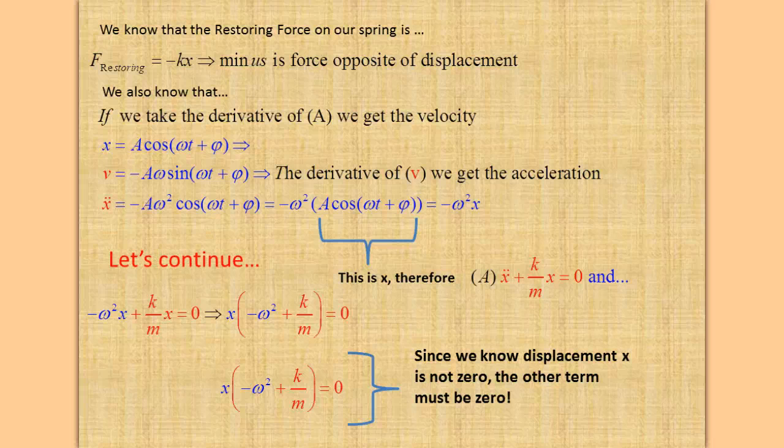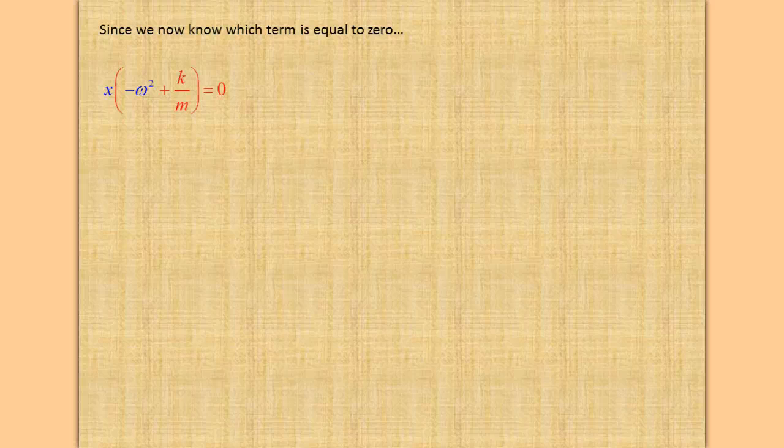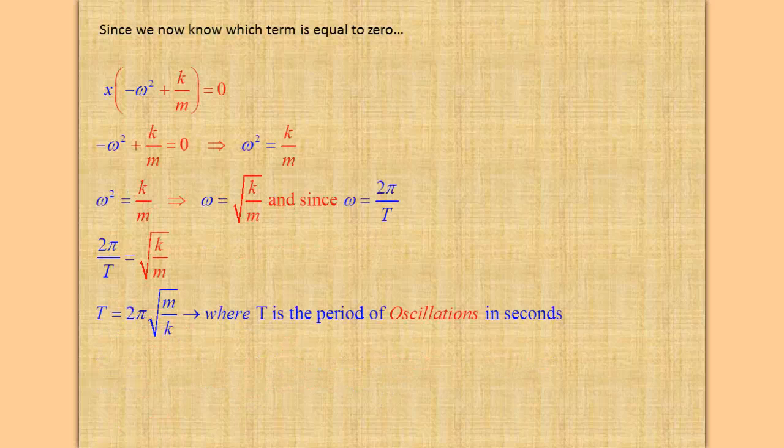Let's continue. Since we now know which term is equal to 0, we can solve for omega. So we set this term equal to 0, and we solve for omega. And we bring omega squared over to the right. We get omega squared equals k over m. And we take the square root of both sides. We get omega equals square root of k